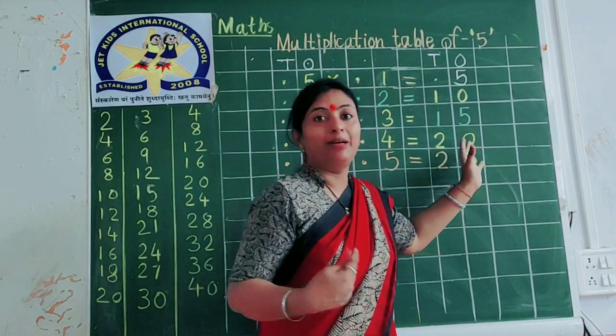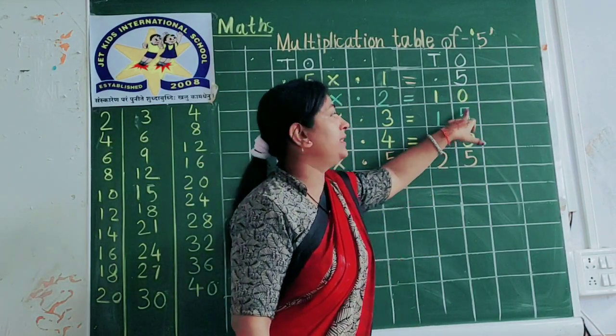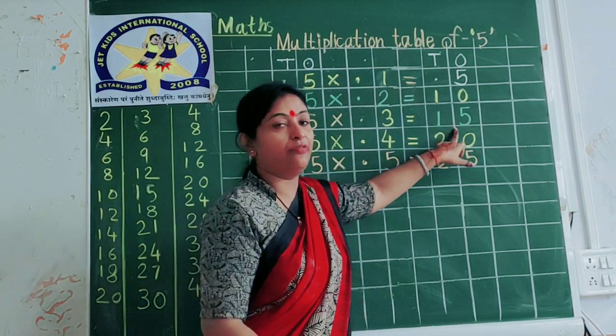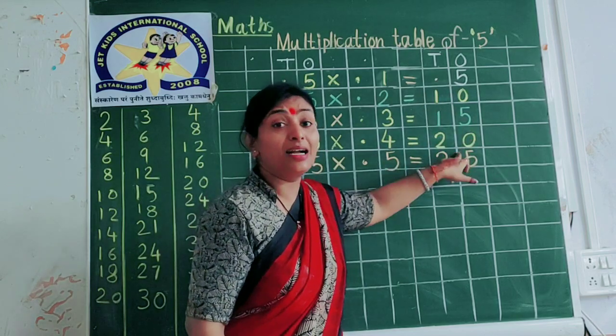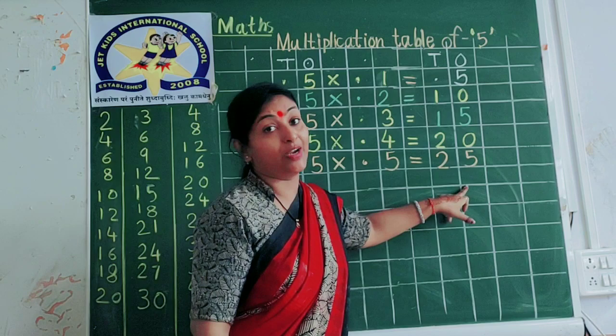you will definitely understand in the next classes, children. So 5 adding 5 more in that we are getting 10 number, in 10 we are adding 5 we are getting 15, in 15 we are adding again 5 we are getting 20, in 20 we are adding 5 we are getting 25 number.